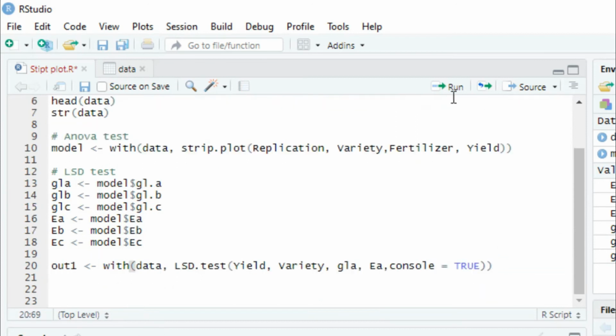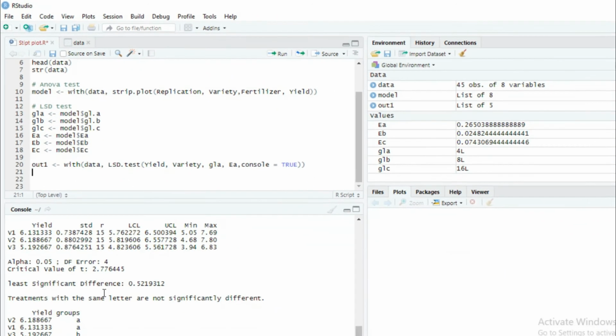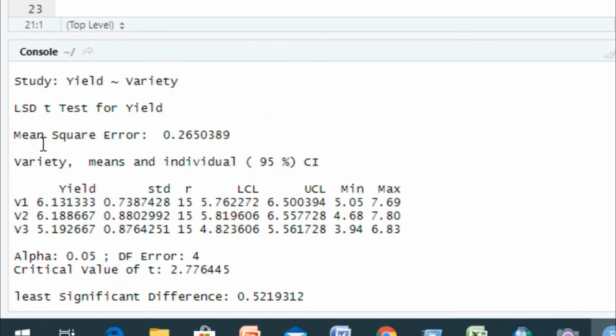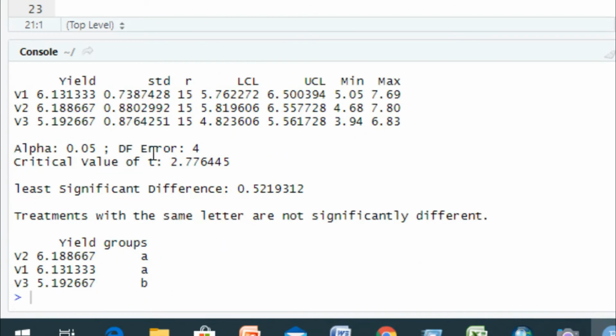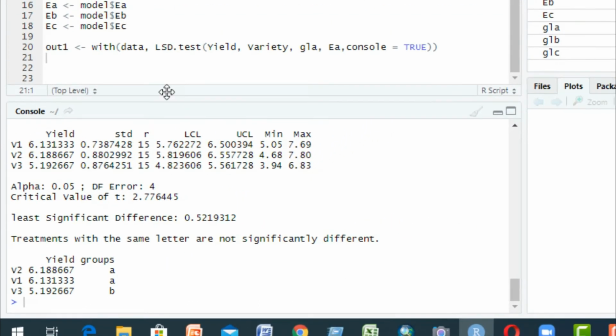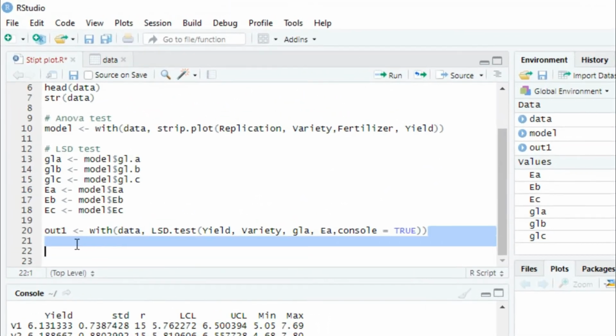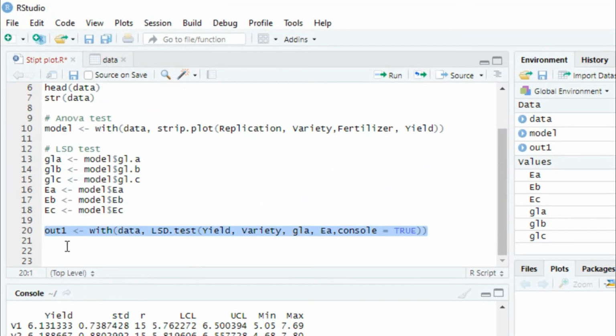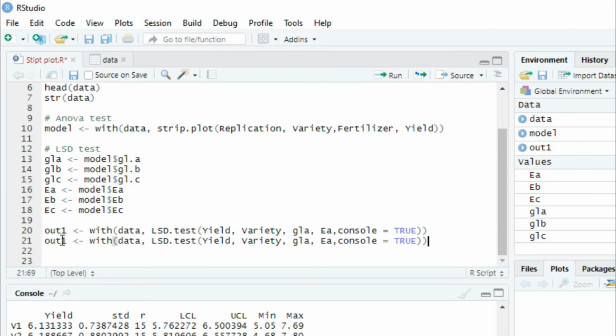Okay, we can run this. We can see it is our error mean square for variety and their homogeneous group. Now we can copy this and paste here.